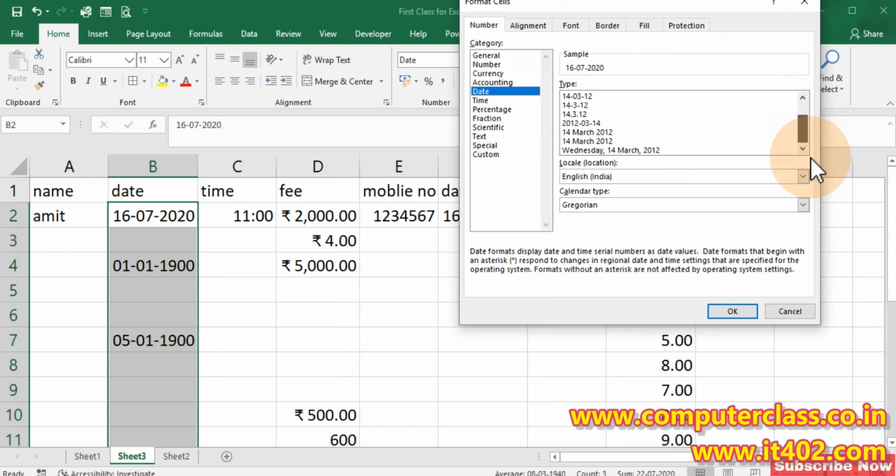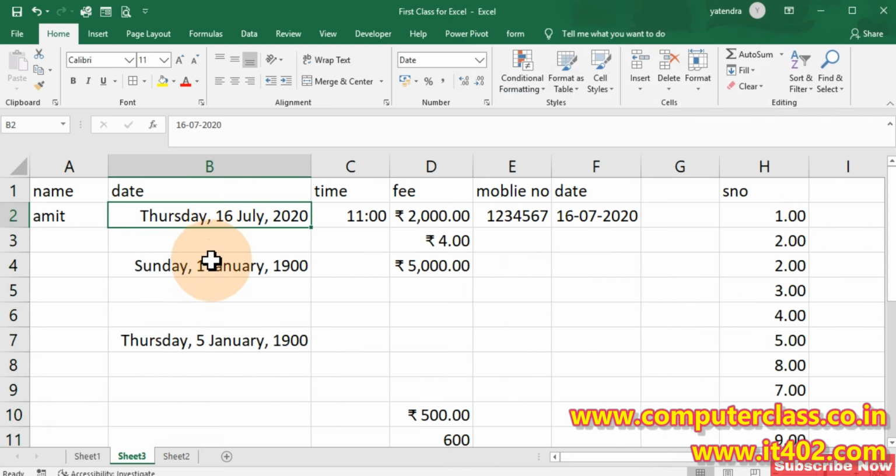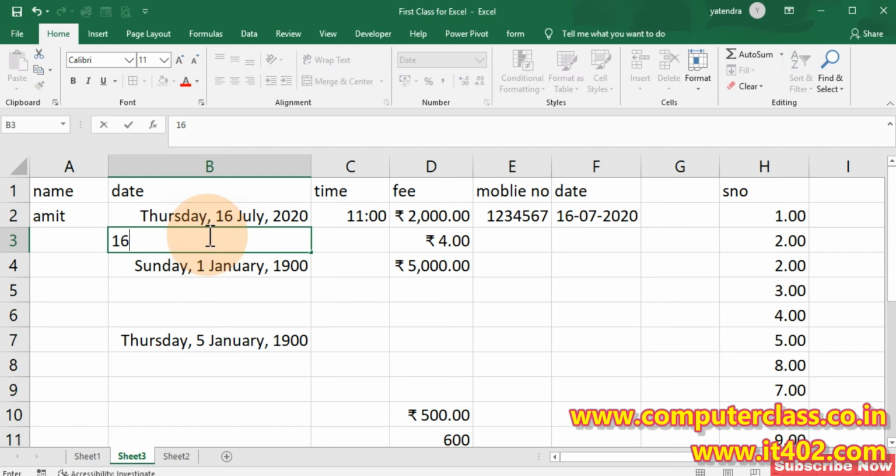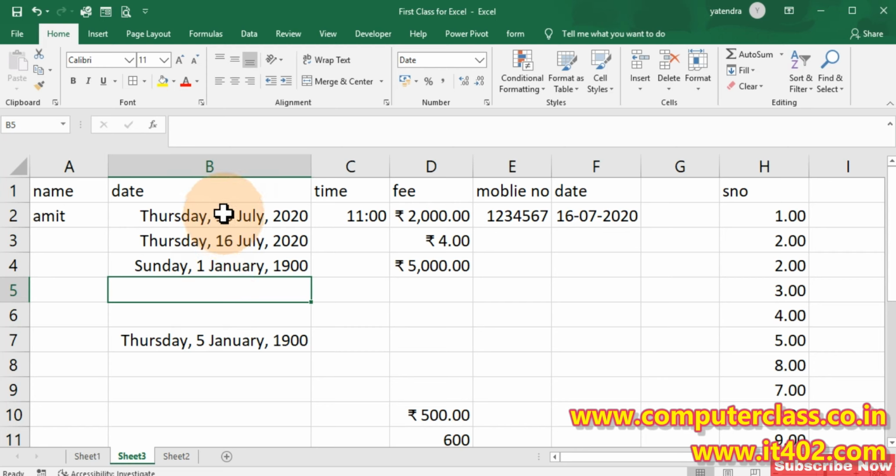Choose the format you want, then click OK. All the dates written previously will automatically change, and whatever you write new will also change into this particular format.